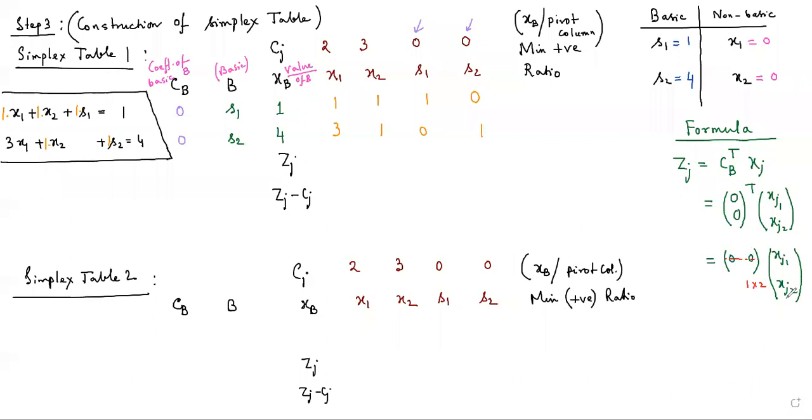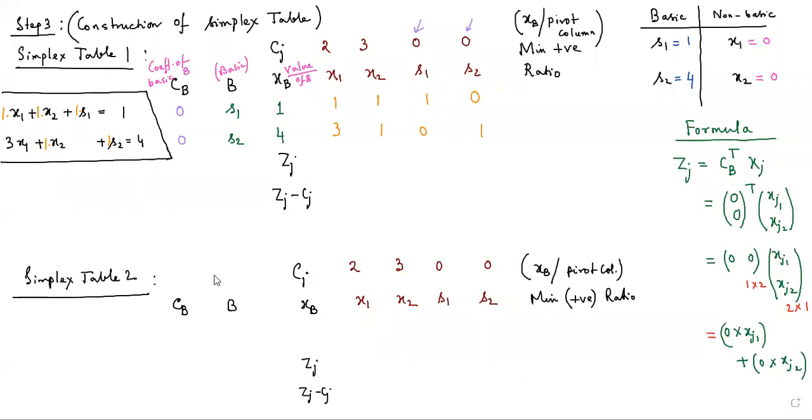And here in the second one, there are 2 rows and 1 column. So obviously this matrix can be multiplied and that would be a number. This matrix multiplication would be a number. So how do we multiply this matrix? We multiply it in the following manner. We write 0 into xj1 plus 0 into xj2.